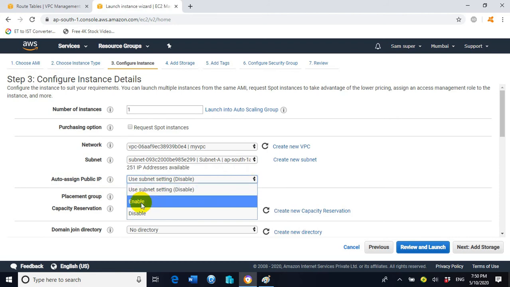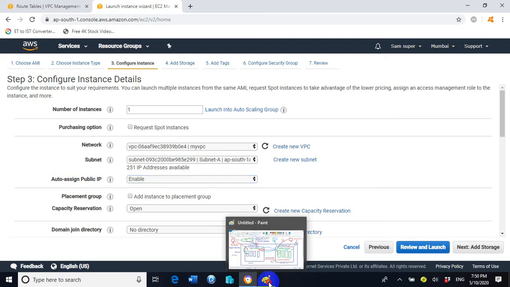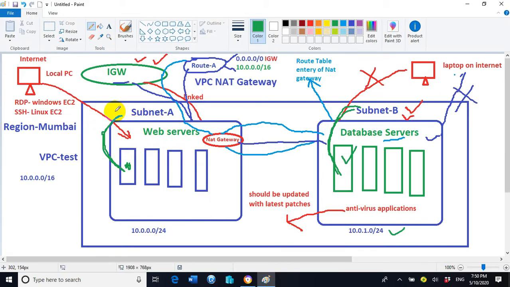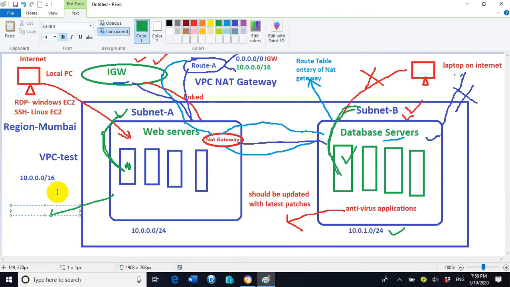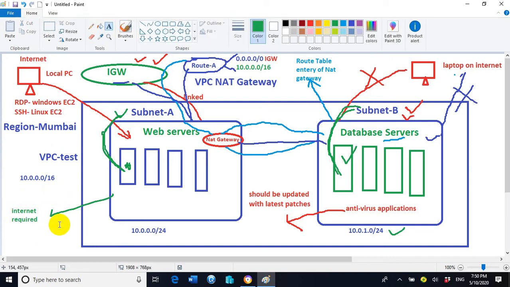So select enable here. You can see here subnet A, and in this picture you can see subnet A. Inside subnet A we want an internet connection. Right? So internet connection is required.